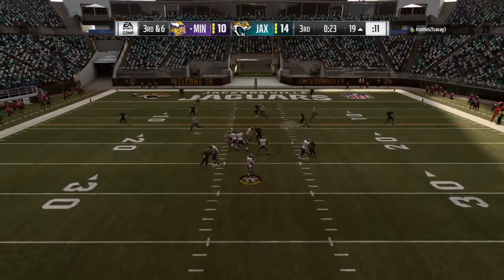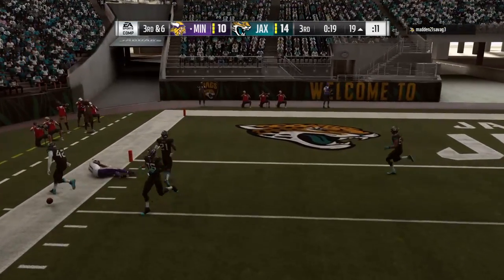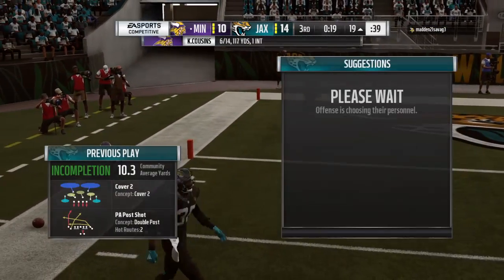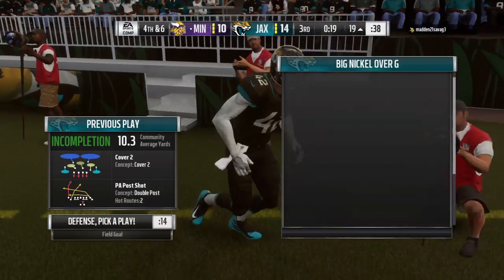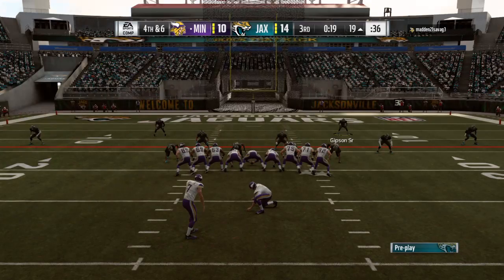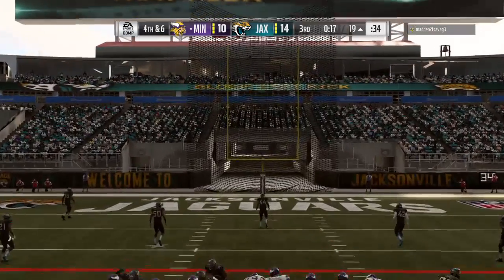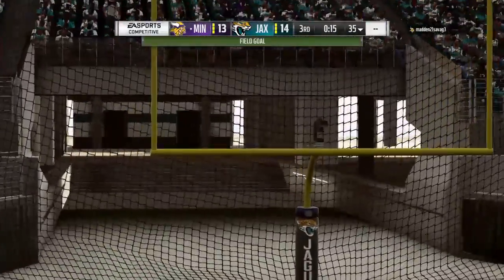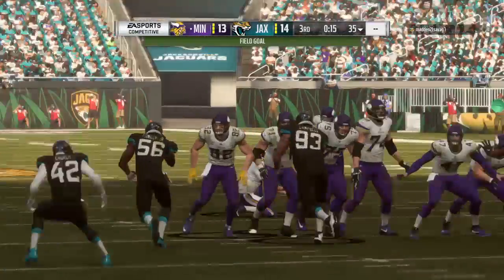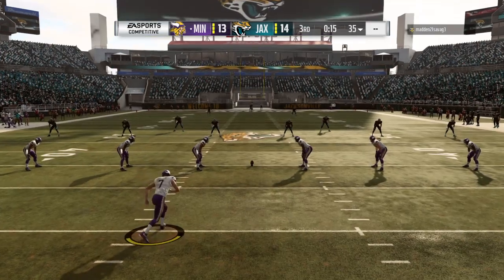On 3rd down, Cousins. And the 3rd down pass falls incomplete. Those passes out that far wide always make you hold your breath a little bit. Felt like it was in the air for a while. What it does is allow a defender to gain some ground, come from a long distance, and have a chance to affect the pass. So they've put together a good little drive there, but ultimately stalling out in the red